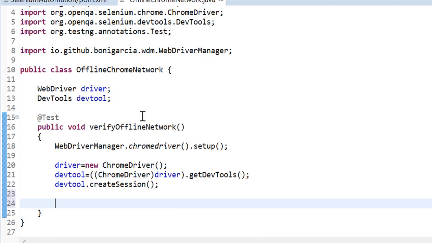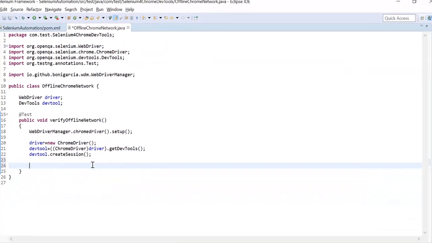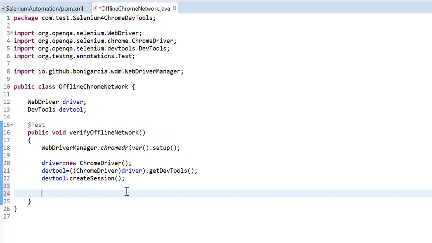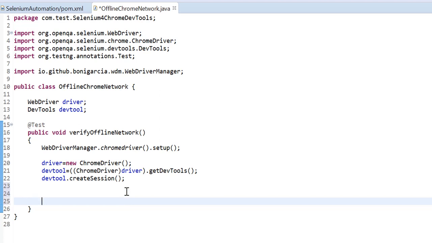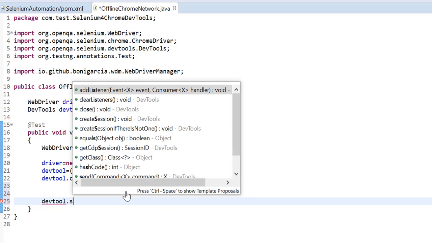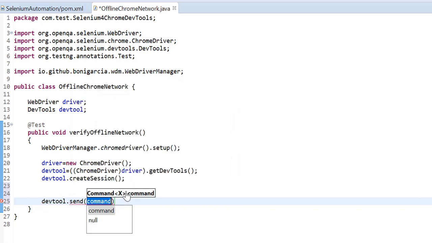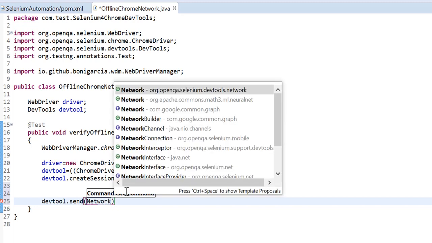Now let me maximize this. devTools.send, and here I'll say Network.